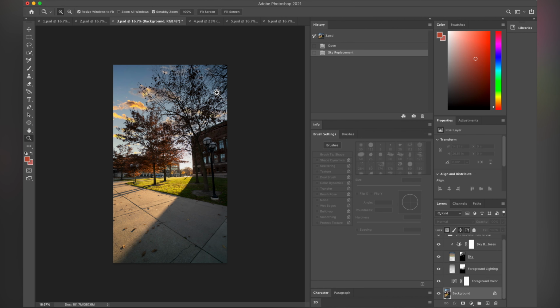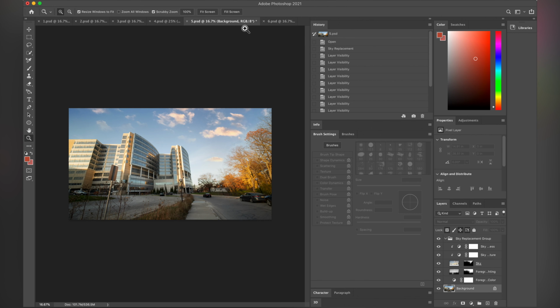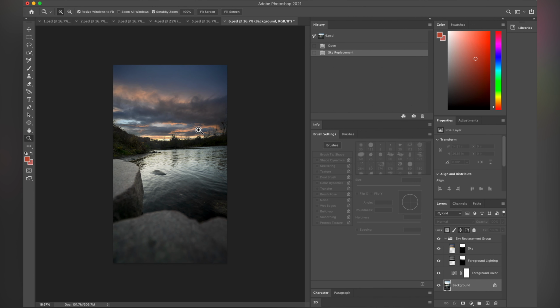When it comes to things with reflections, though, Photoshop needs to work on that in the next edition, and I'm sure that that's something that they will continue to improve in the years to come. But with that being said, guys, let's take a final look at the before and after images,